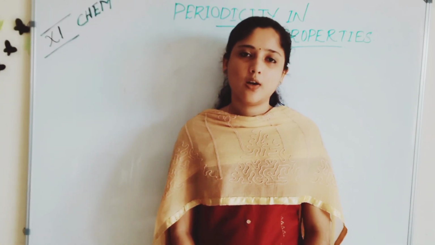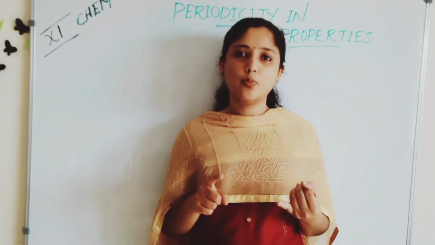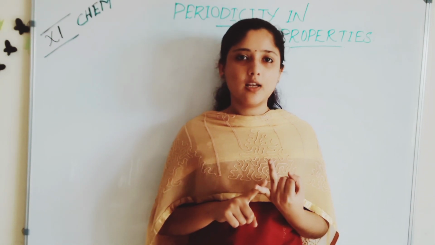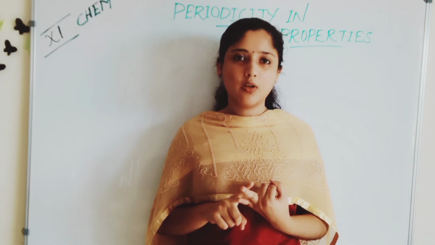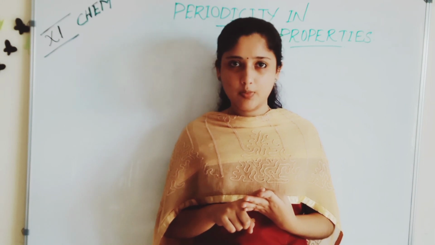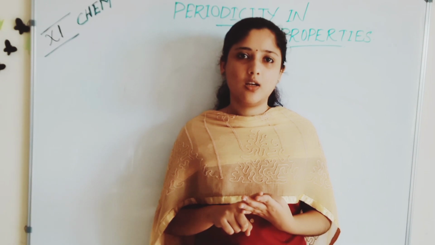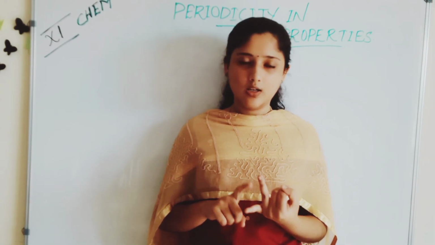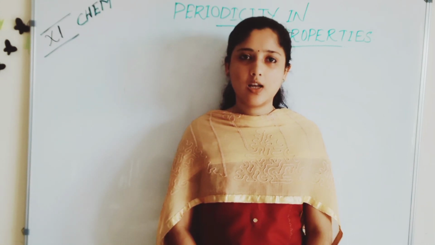Students, we are going to conclude today's session. In today's class, we learned about two properties, mainly electron gain enthalpy or electron affinity, and the next property, electronegativity. The other properties we studied in previous classes were ionic size or atomic size, and ionization enthalpy. We will deal with more questions in the next classes, the questions that came in last year's board examinations and JEE Main papers, and we will solve them in the next class.